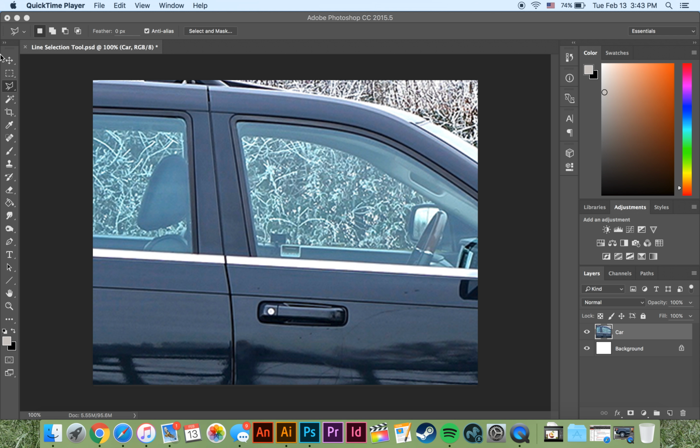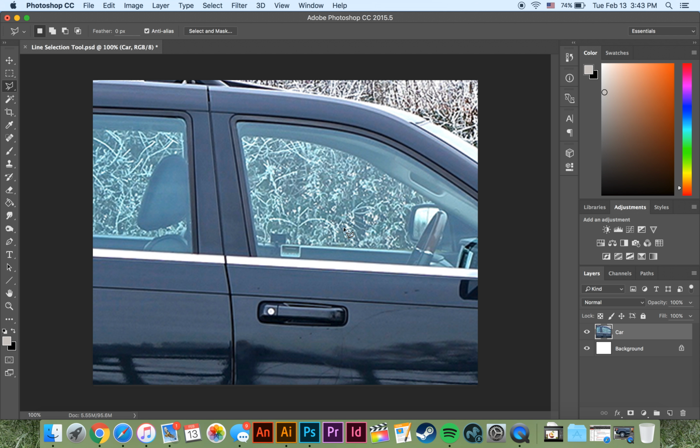You'll want to open up your line selection tool Photoshop project, document, whatever you want to call it. So right now we have this car and a background, and that's about it. That's as simple as it gets. I zoomed in on this car just to mess with you, just so we have a chance to review the transform